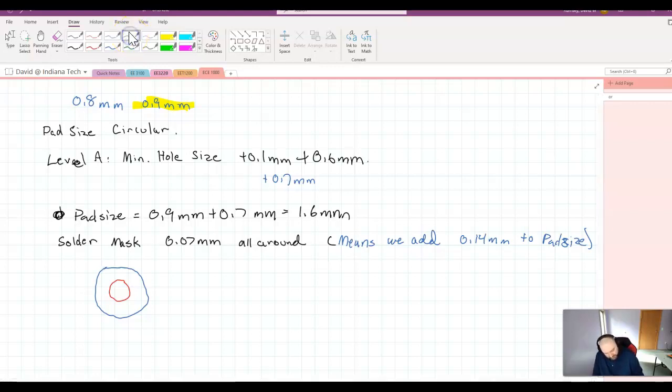And now I'm trying to do the solder mask opening. Obviously this is not going to be to scale, and it's not perfectly circular either. But what it is saying is that this distance here that I'm just shading, I'm trying to draw an arrow and it's not going very well on my tablet here. That distance between the blue and green circle